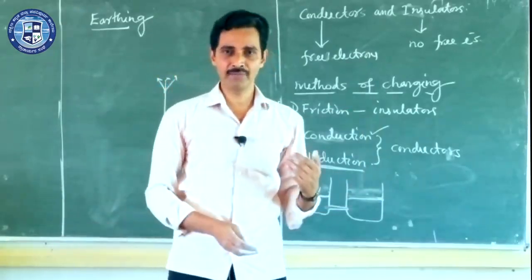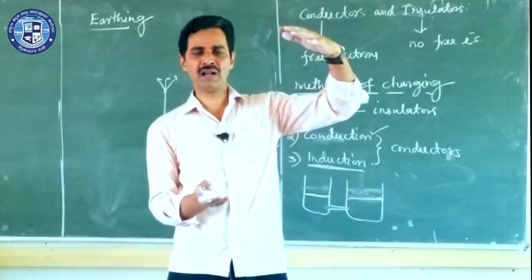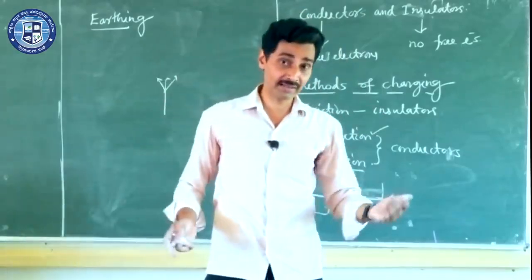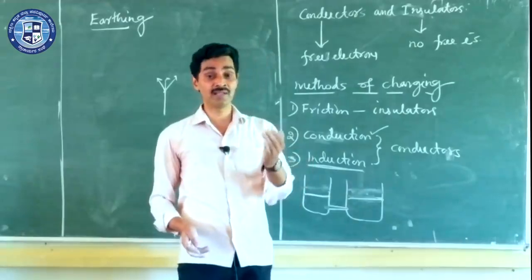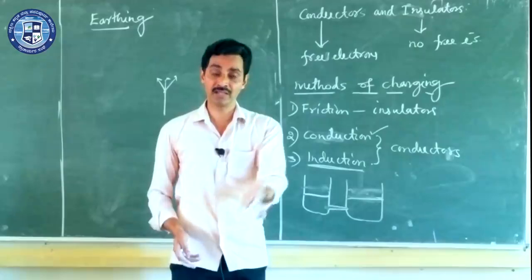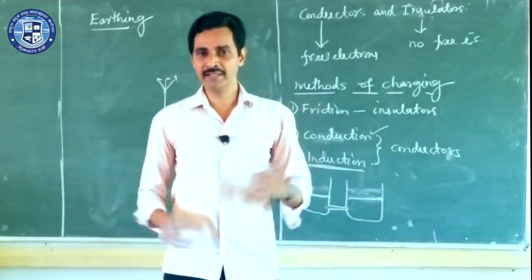That is one type of lightning, when the charges move from one cloud to another. The second type of lightning is when these charges, after accumulating to a large amount, can't bear it so much, and they flow to the ground through air. Even air acts like a conductor. You will study that later, why air is a good insulator, but even then it conducts the charges and gives them a path to flow to the earth. So that is what you call lightning.